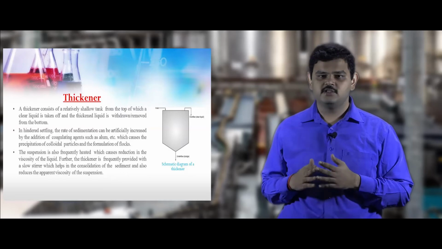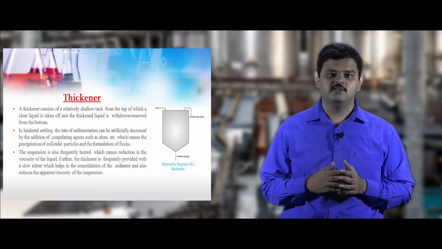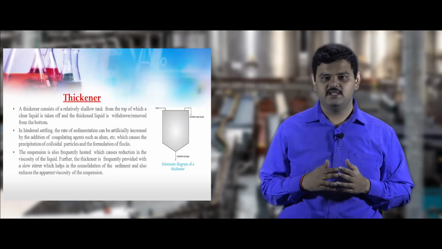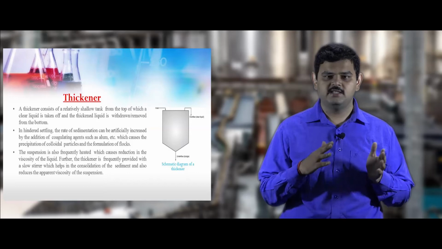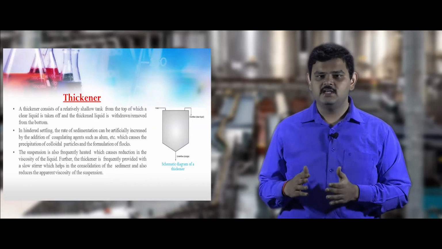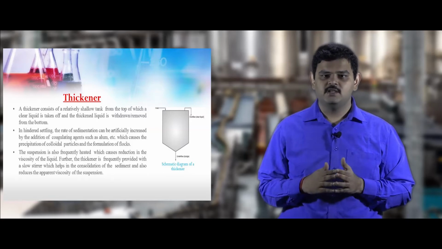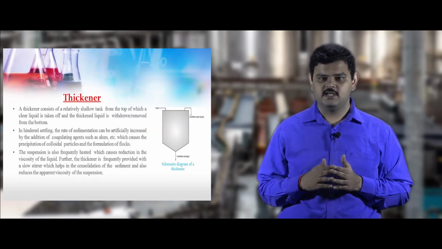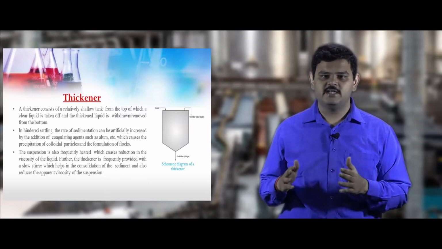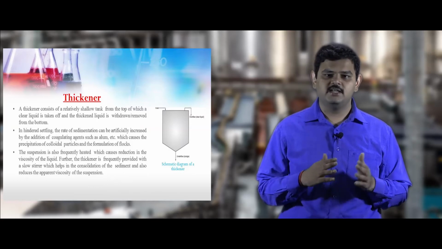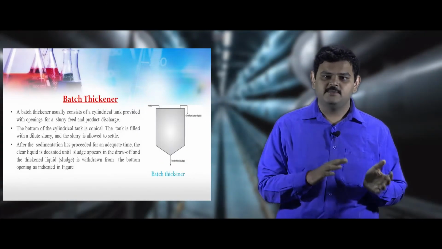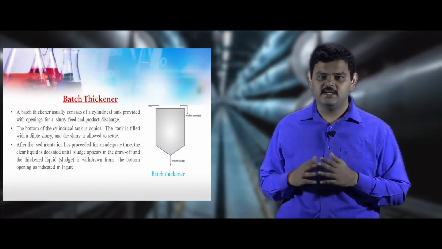Generally, the settling in thickeners is mostly hindered settling. In order to overcome hindered settling, we use coagulant materials such as alum, which make the settling smoother. Next, we heat the solution so that the viscosity is reduced, and a small rotating arm helps in concentrating the liquid and consolidating the solids, so that the apparent viscosity is reduced. There are different types of thickeners, such as batch thickeners and continuous thickeners.